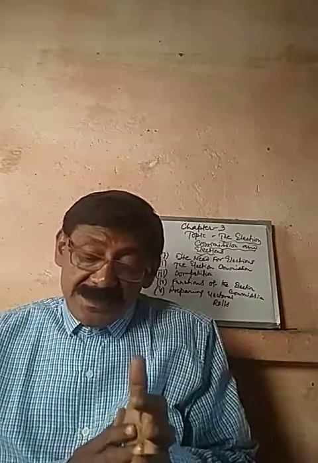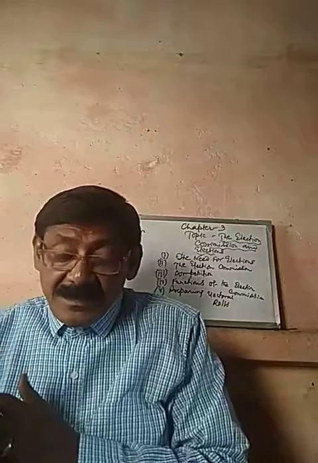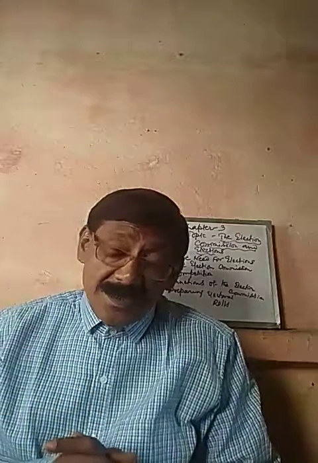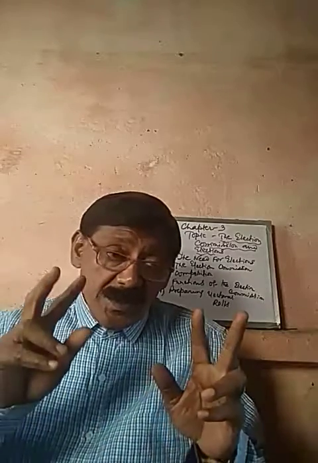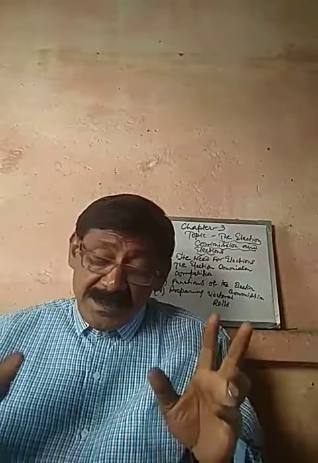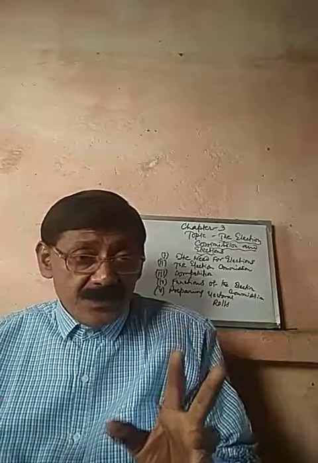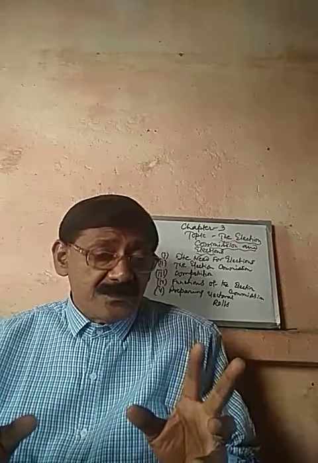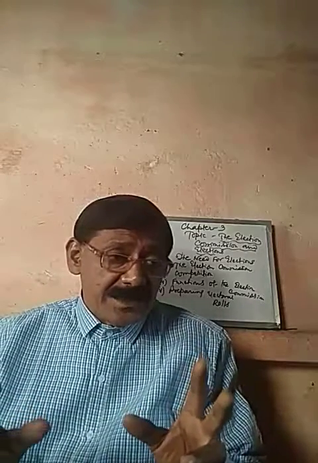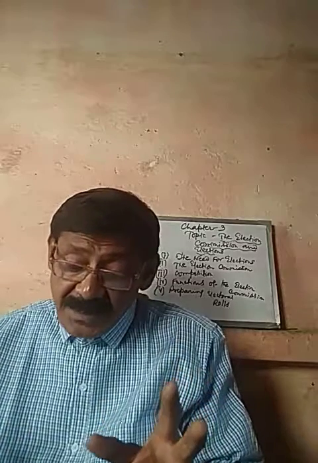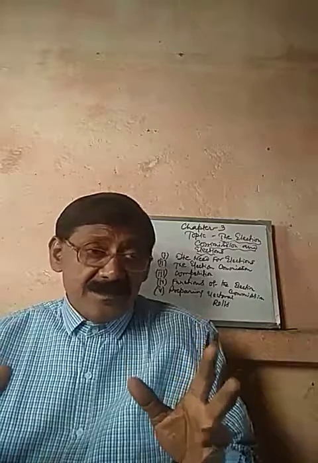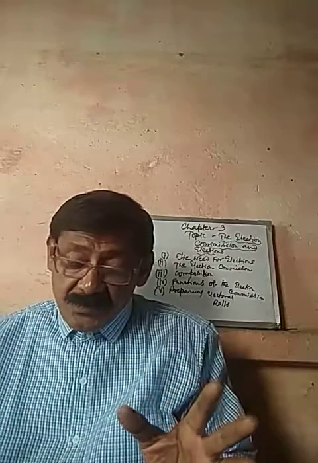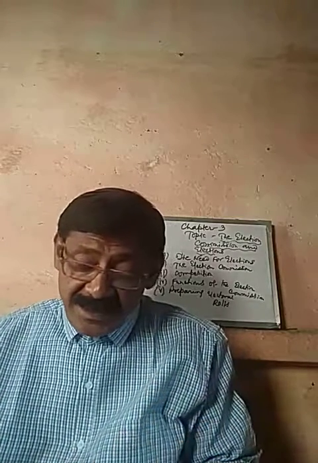Now, the election commission is headed by the Chief Election Commissioner, and the Chief Election Commissioner is assisted by 2 election commissioners, and there are regional election commissioners whose main work is to conduct election for different states of India. And the election commissioners are assisted by a deputy election commissioner also, and also a secretary.